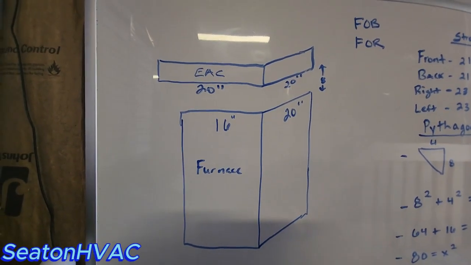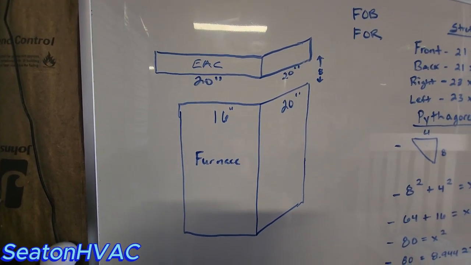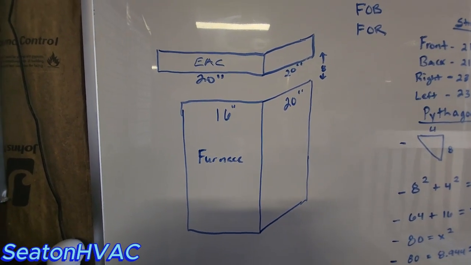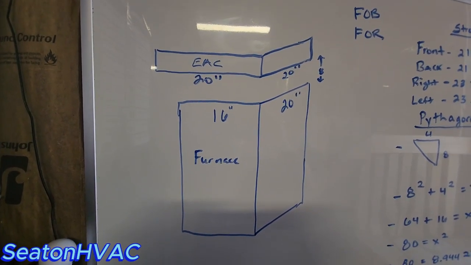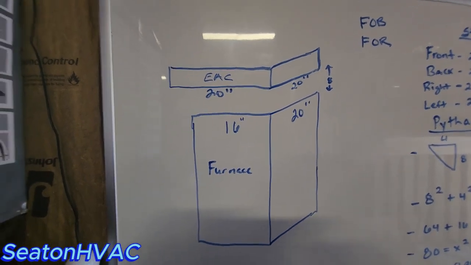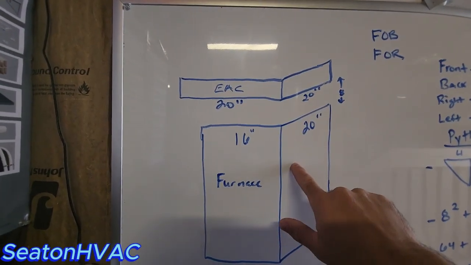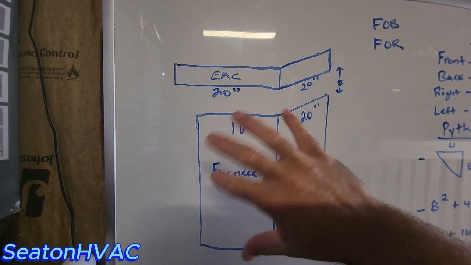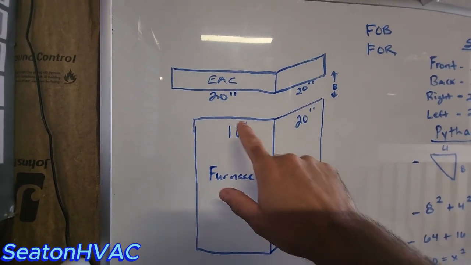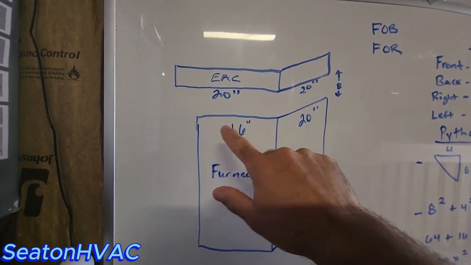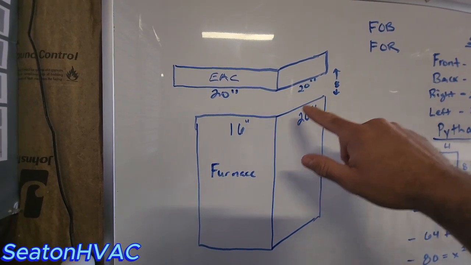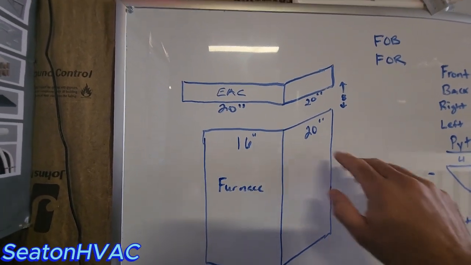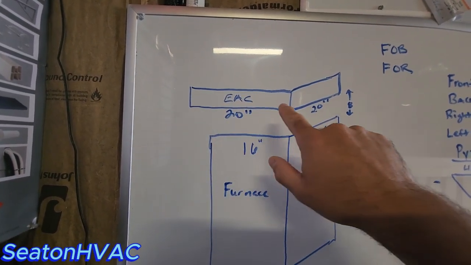Okay guys, you got a scenario here. I'm going to show you how to build a transition. Let's start in a real life scenario where you would be building something. Let's say you have a furnace that's going to an electronic air cleaner, but they're not the same size. You need 16 inches width by 20 depth for your furnace, and your electronic air cleaner is 20 by